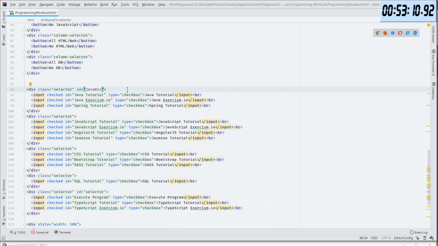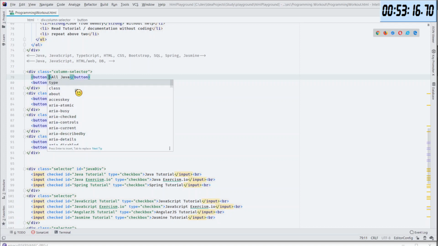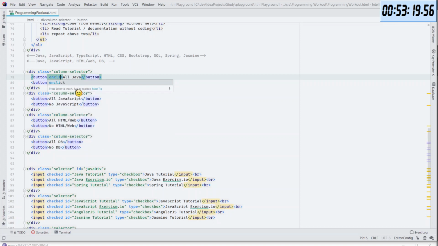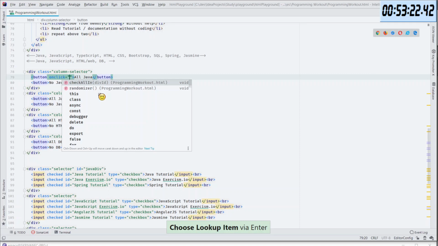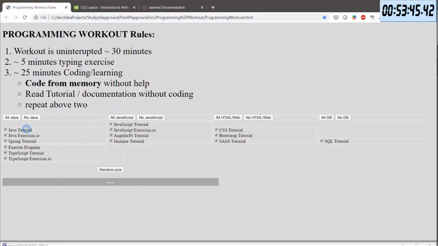Then we have the button in here, and all Java will have on click be check all in, and it will be Java div, in quotes. Okay, I will save it and have a look. So I will uncheck a few of those and do all Java, and it does exactly nothing.